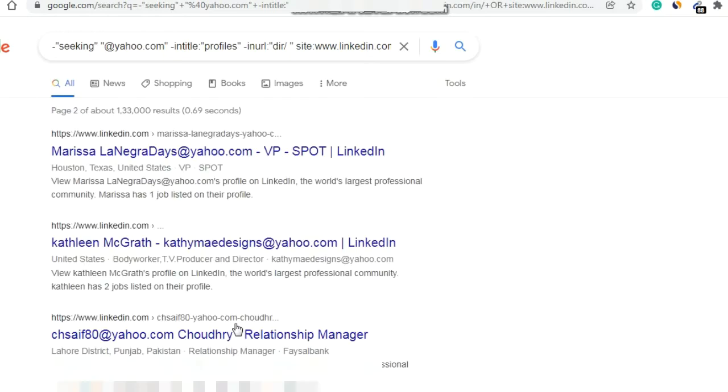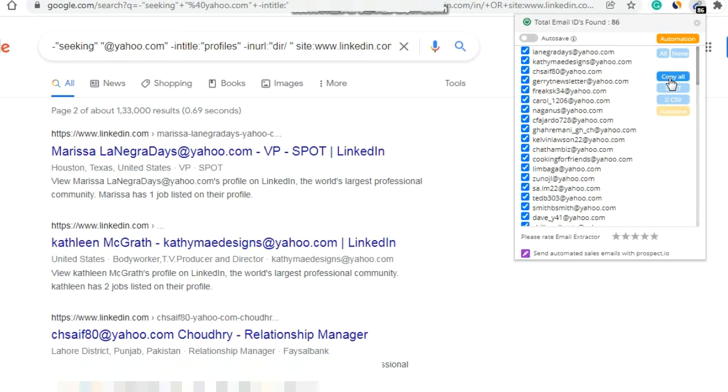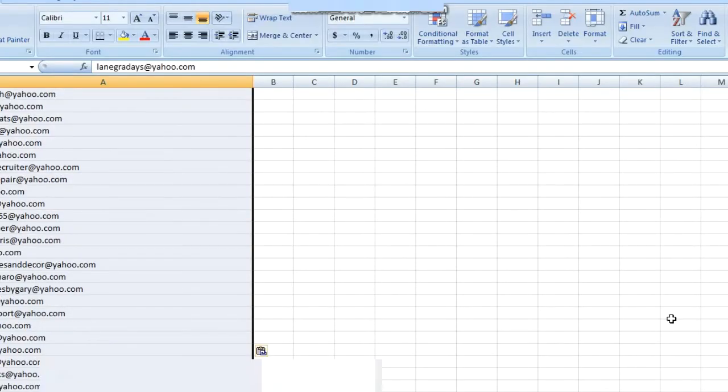Page number 2. How many emails are there? 86. Copy all and again paste over here.